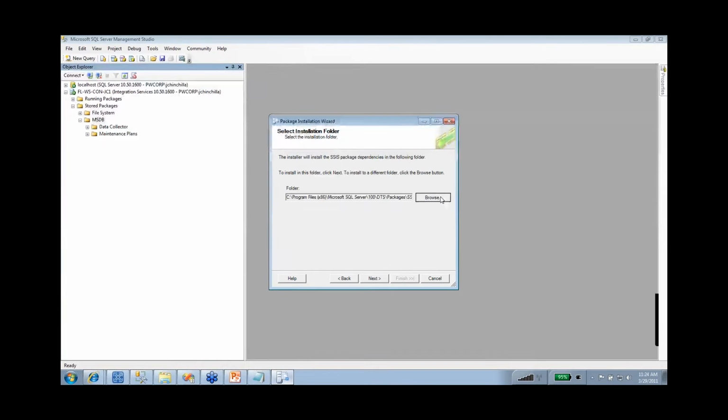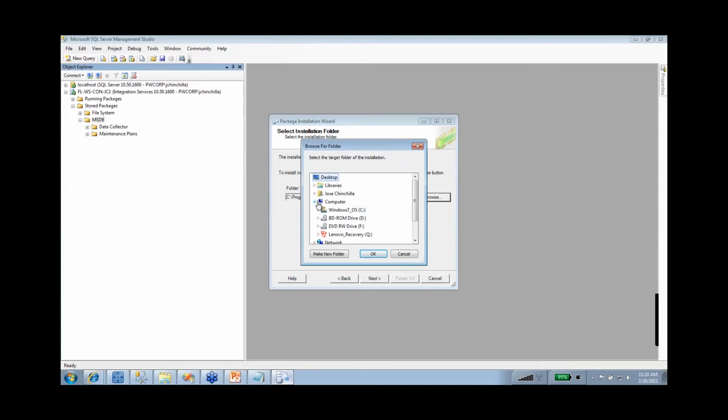So I'm going to click Next. In this case, Browse, and I don't have any dependencies, but just to exemplify, you have to make sure that if you have a 64-bit instance, you have to deploy to the 64-bit instance default package store, which is under DTS